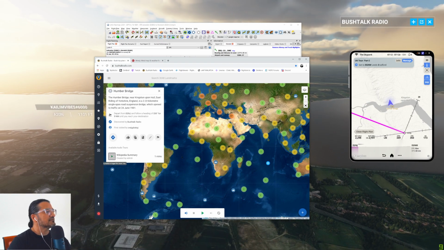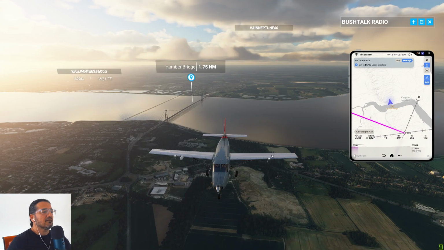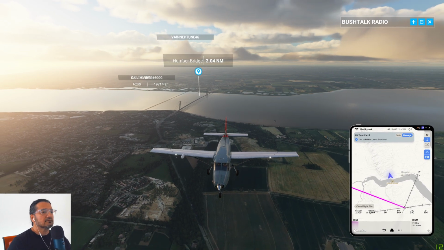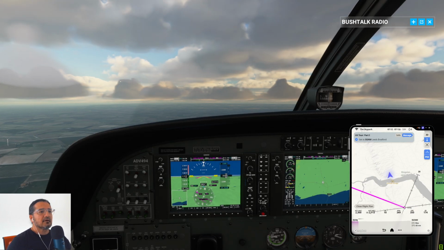Humber Bridge. The Humber Bridge, near Kingston upon Hull, East Riding of Yorkshire, England, is a 2.22-kilometre single-span road suspension bridge, which opened to traffic on the 24th of June 1981. When it opened, the bridge...